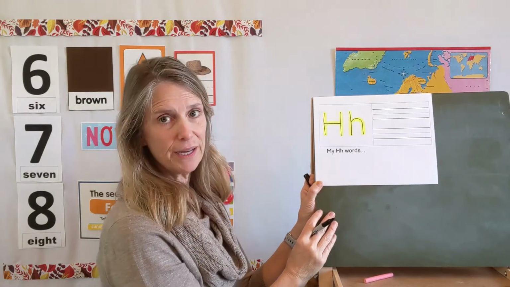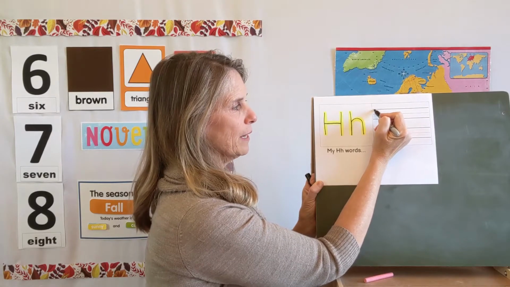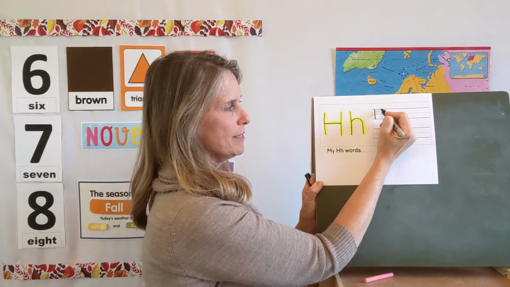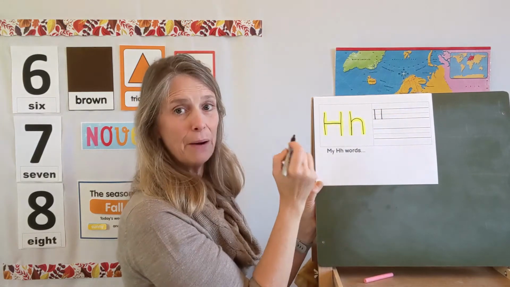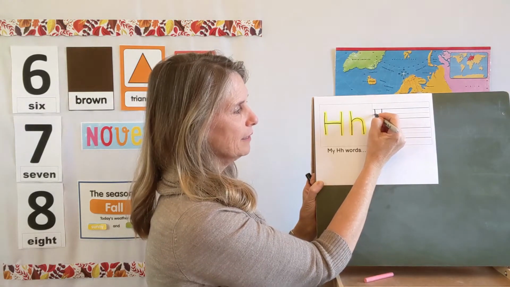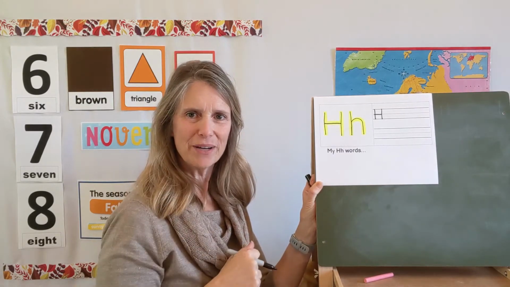Okay, let's practice writing them. Remember, we start at the top, so we go to the top line. We come down to the bottom line, and that's where we stop. We go over a little bit, and same thing. Start at the top, come down to the bottom line, and stop. Now we have to connect them with the bridge, and that we do right across the middle line. Uppercase H. Well done, you guys.